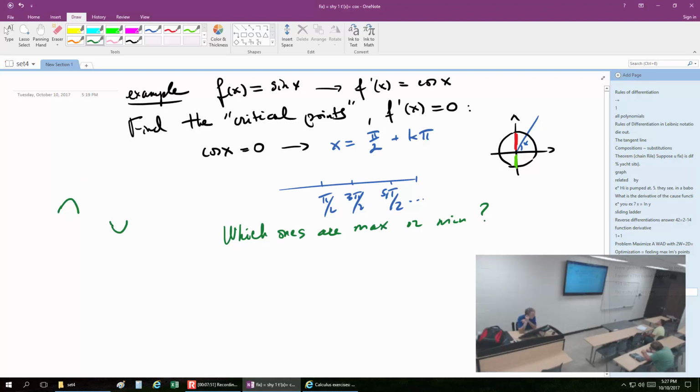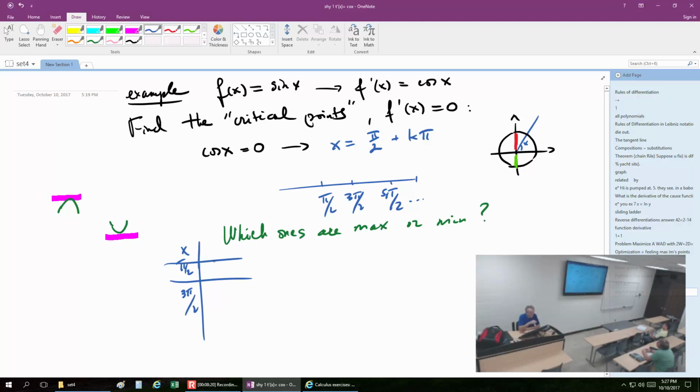If you zoom in, it looks exactly the same. The tangent line is horizontal, and that's all we know about the function. So in this particular case, you need an extra examination to find out which one's which, but that's not really that bad, because what you do is you take those values for x, pi over 2, 3 pi over 2,